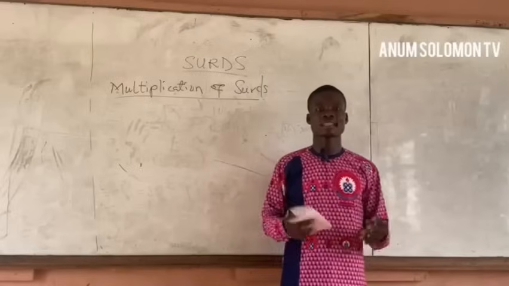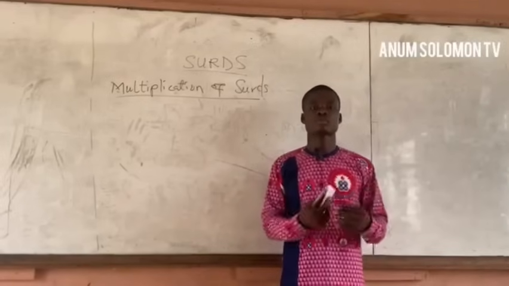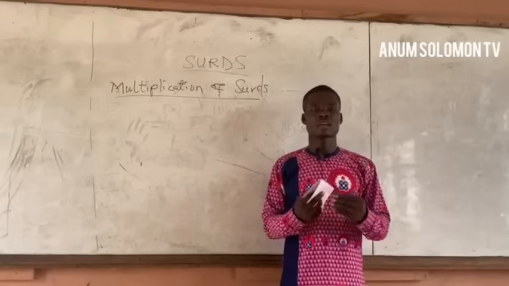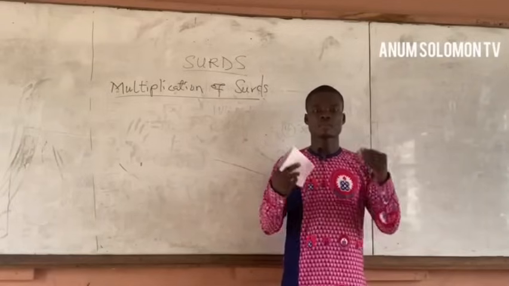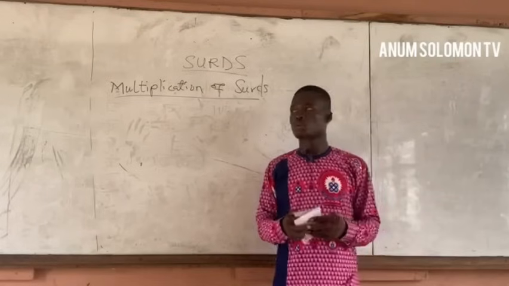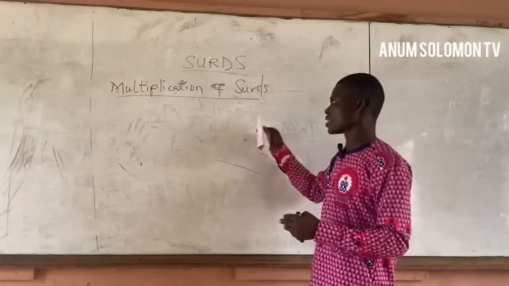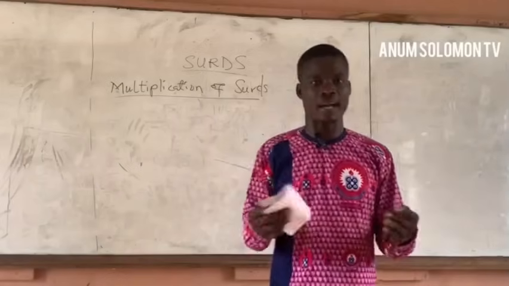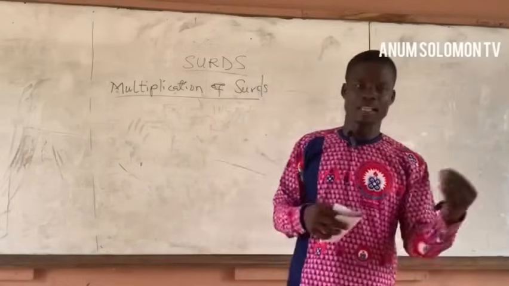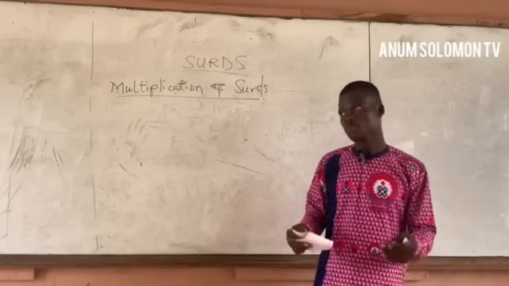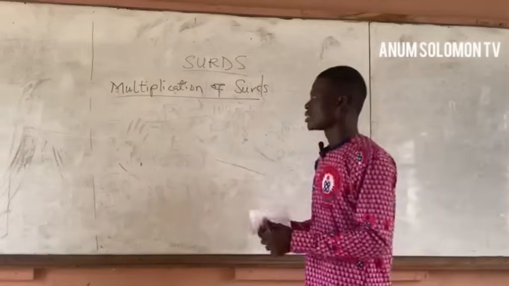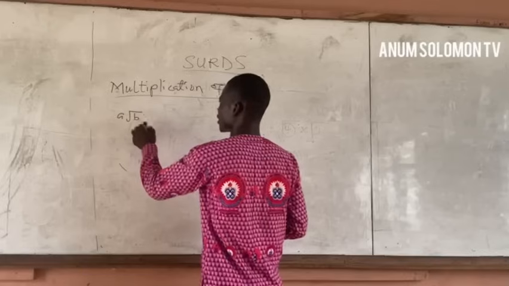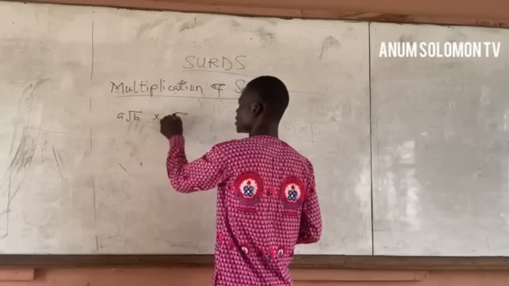So by the end of this lesson, you should be able to multiply a given surd. Under multiplication of surds, it's like a normal expansion of algebraic brackets. So in this case, if a root b is multiplied by c root d like this one,